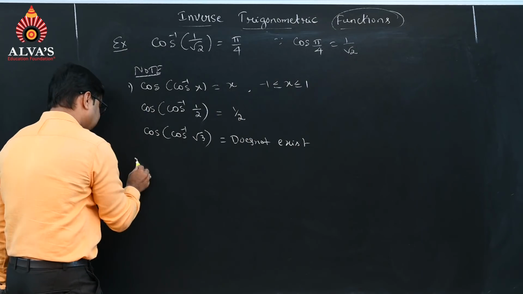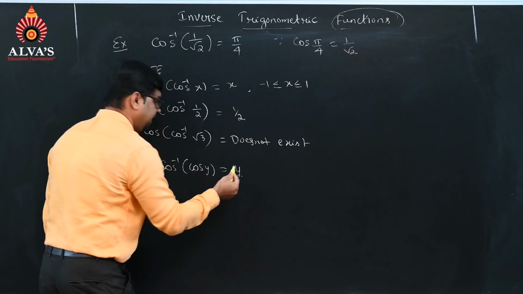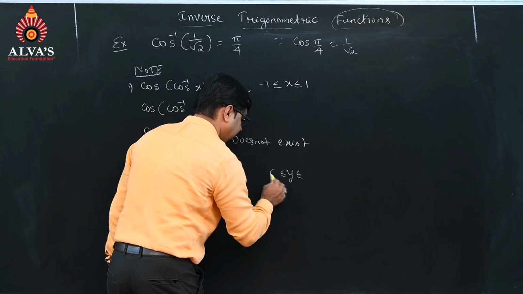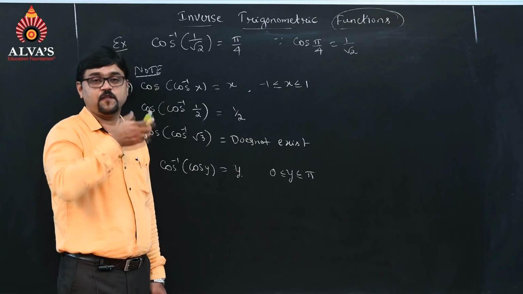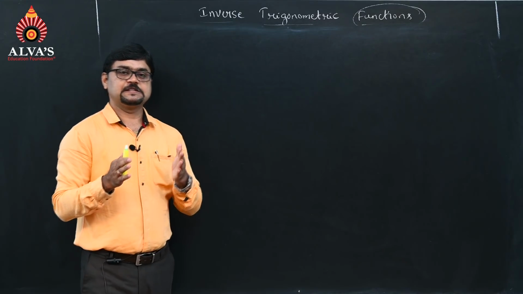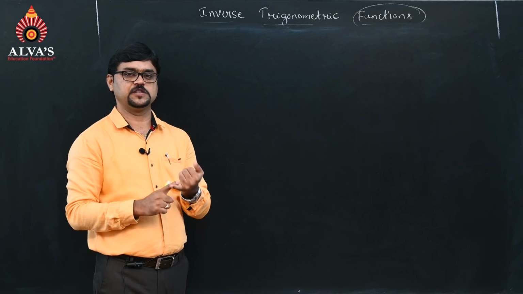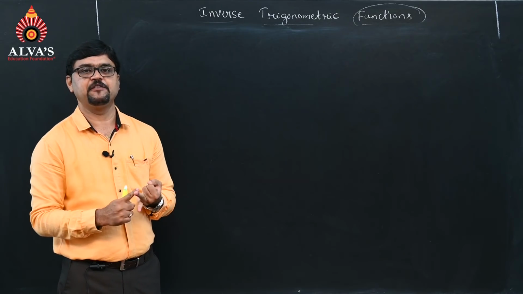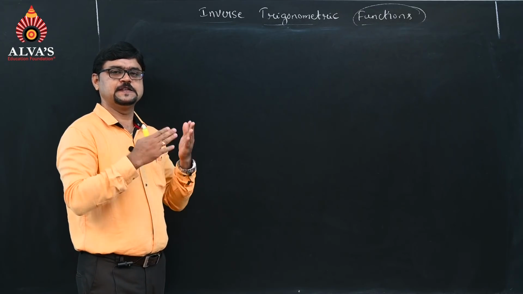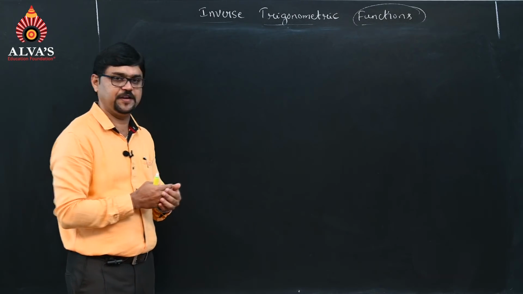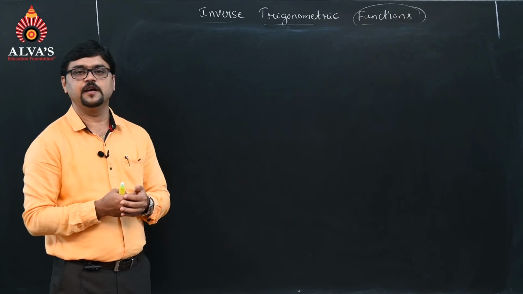And we will take a second note: cos inverse of cos y will be y, where y lies between 0 to pi. This property basically depends on the definition of the function. Now we have discussed two definitions of inverse trigonometric functions. First one is the inverse sine function, second one is the inverse cosine function. Now in the same way we will discuss the remaining. Directly I will give the definition so that we can check. So students, you can check the